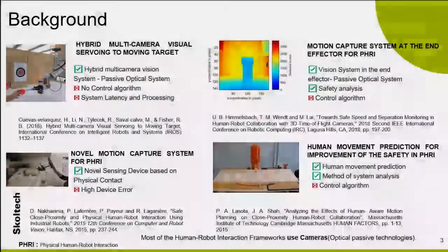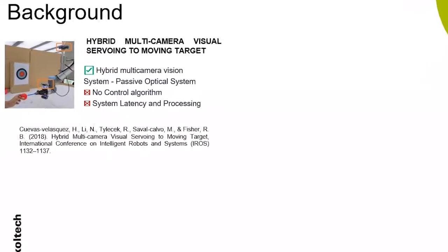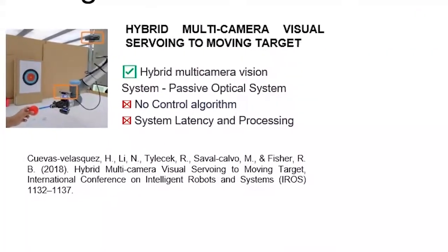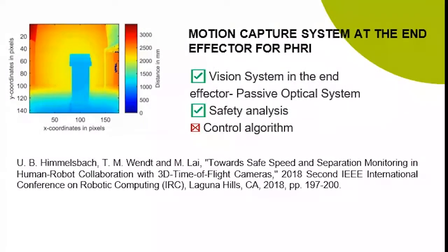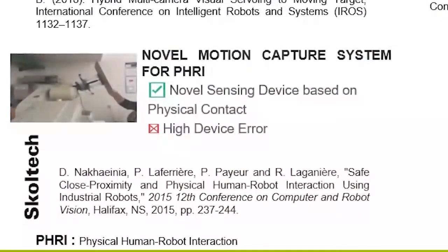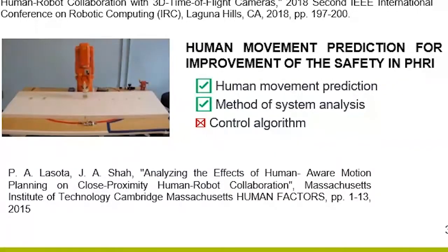Here are 4 papers about safe human-robot interaction frameworks. In the first paper, a hybrid multi-camera is used to track the people. The cameras are located in an external fixed position. In the second paper, researchers located a camera in the end effector of the robot to track the environment. In the third paper, a novel device for safe physical human-robot interaction was presented. In the fourth paper, a motion capture system based on a set of cameras was applied to track the human